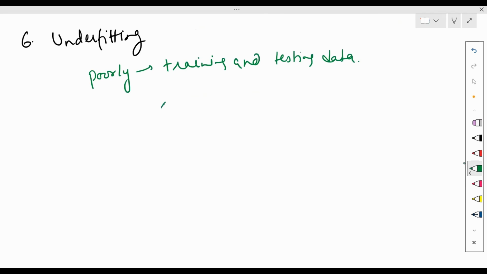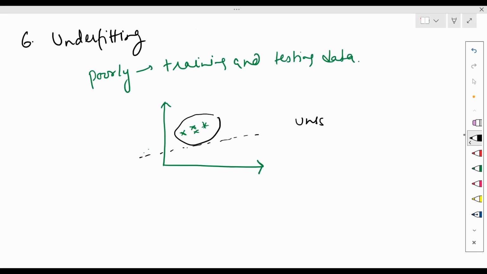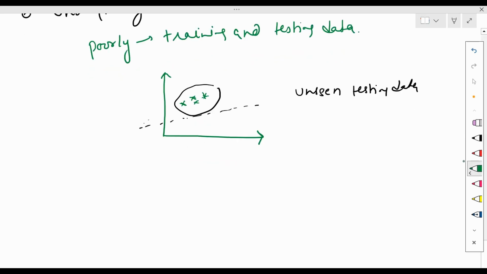For example, if this is our data and our linear regression line is something like this, it will perform poorly on both this training data and unseen testing data. To overcome this issue, one can select a more powerful model.